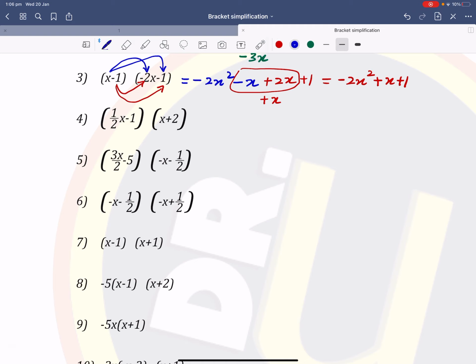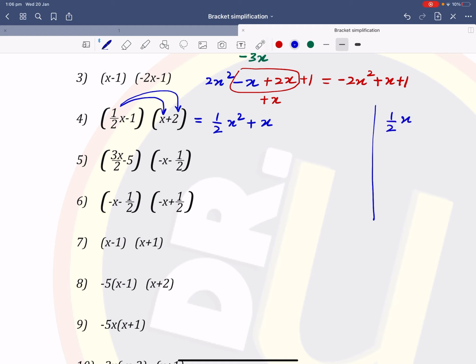Now going back to this question here, we have half x times x. So it's going to be half x squared. Easy. Then half x times 2, and that's going to be plus x. So how do we understand that? Half x